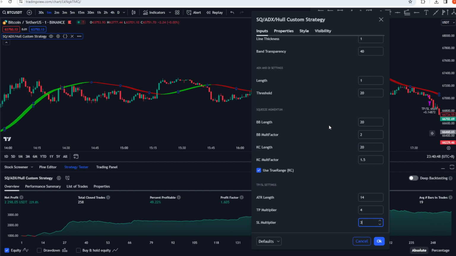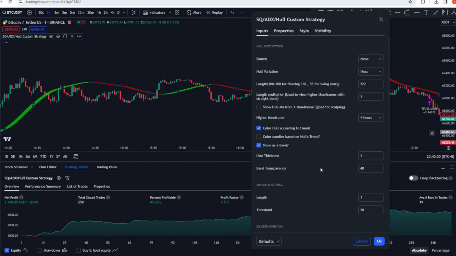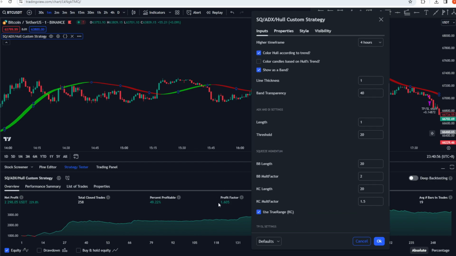The good thing about this custom indicator is that you guys are able to still play with the settings. So what do I mean by that? Let's say you have this 1.605 profit factor, which is very good already, because for each $1,000 that you lose, you guys are making an extra $600. And as you guys can see, over the span of 258 trades, we have made a net